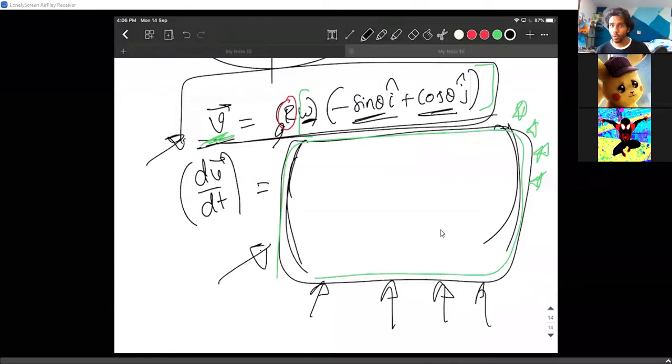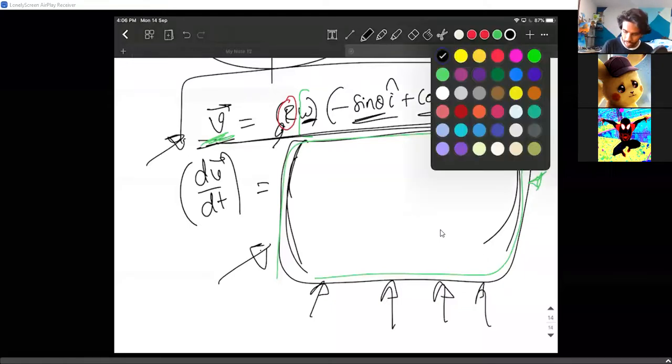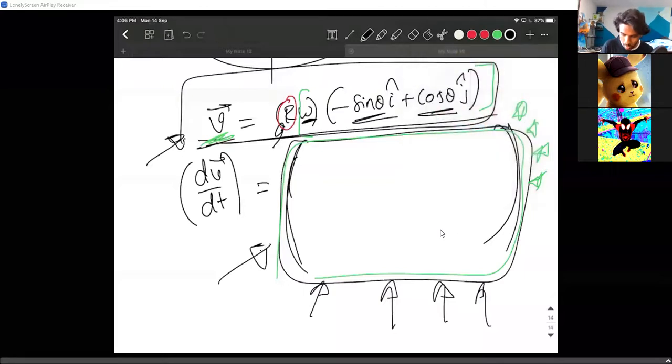Sir, will the whole thing change on differentiation only? Yes, just differentiate it, but the concept is not easy. The differentiation is big. You have omega and you have theta. There are two variables. The differentiation is not that easy. I want you to do it. It might look a bit complicated, but be brave and try to do it and you will definitely get it.